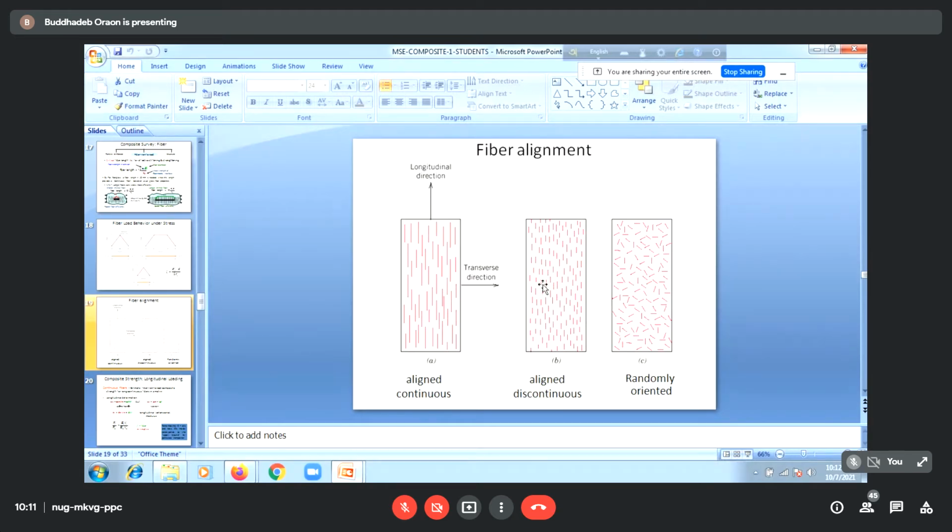And the composite stress, we will see the expression, within these two different types of fiber reinforced composite will be different, and it depends on some other criteria that we will see. And this is of course randomly oriented, and the length of the fibers is also less. So these are the orientations based on the fiber orientations and length.